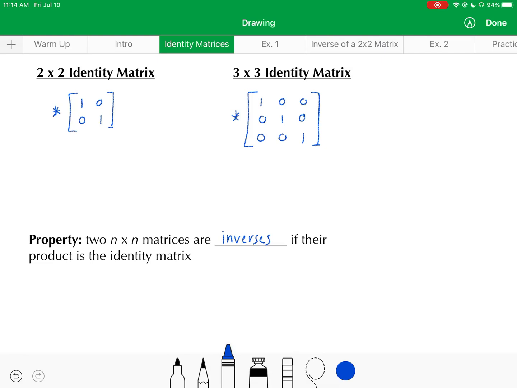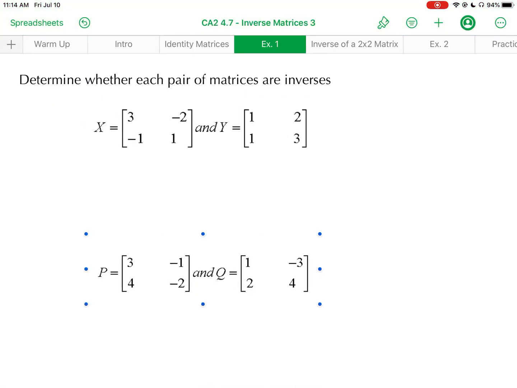Let's say I have the number 2/5. Its multiplicative inverse would be its reciprocal, 5/2. Those, of course, multiply to the multiplicative identity of 1. So it's the exact same idea that we can relate back to with real numbers. In our first example, we are given a pair of matrices and we want to determine whether or not they are inverses of each other. All I simply need to do is find their product, and if that product ends up being the identity matrix,